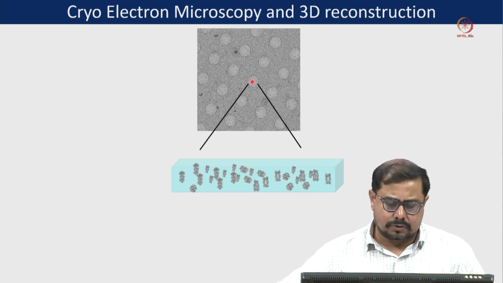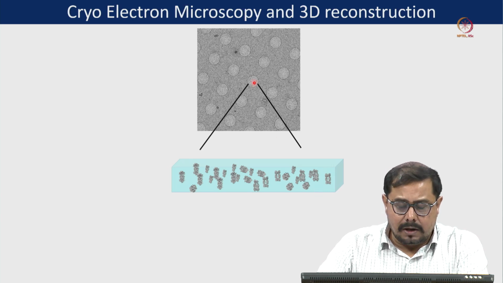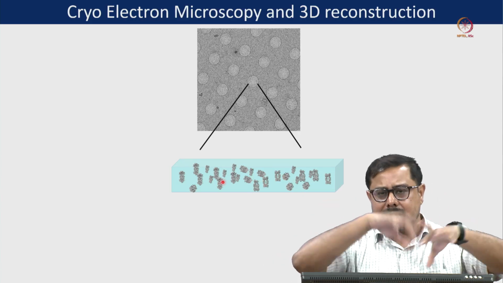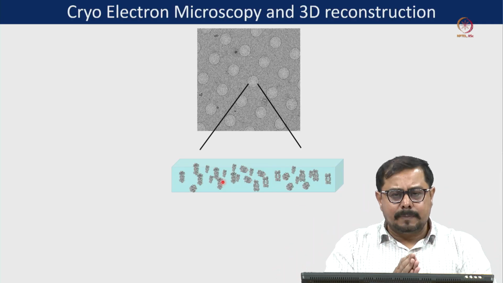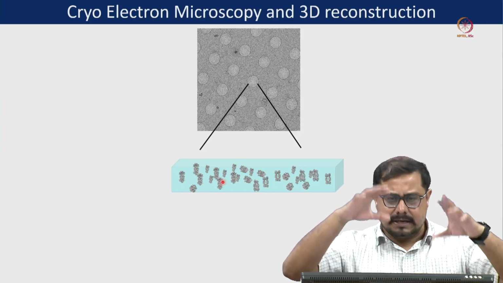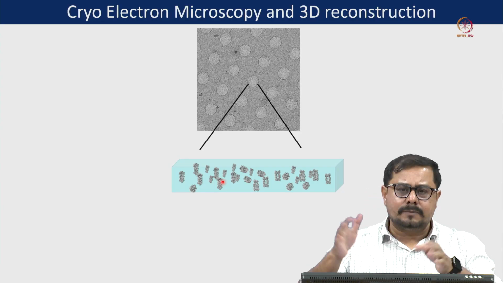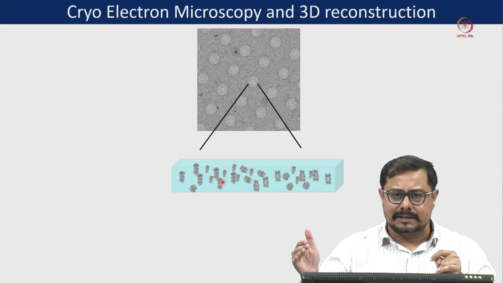Now if I go to the next one, what can we see? Consider that this is amorphous ice inside that hole. If you look inside that hole, we can see this amorphous ice. The individual protein molecules, which all have a 3D structure, are oriented at different angles. So you can see different orientations. We always expect proteins to have different orientations when we freeze the sample, but that is not the true case for all samples. There will be some kind of deviation, and we will discuss that at a later stage.